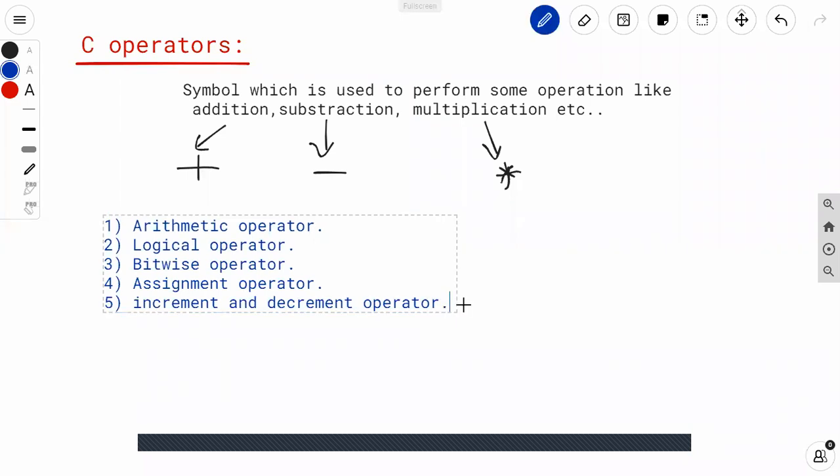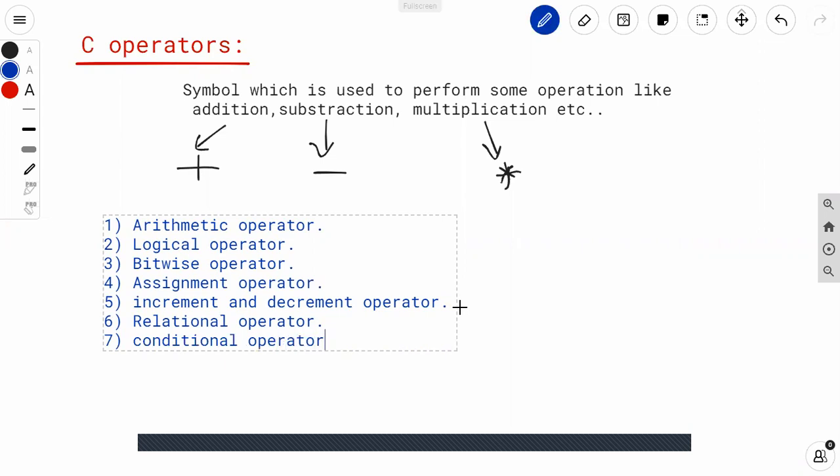Sixth one is relational operator. Seventh one is conditional operator. And the last one is some special operator.